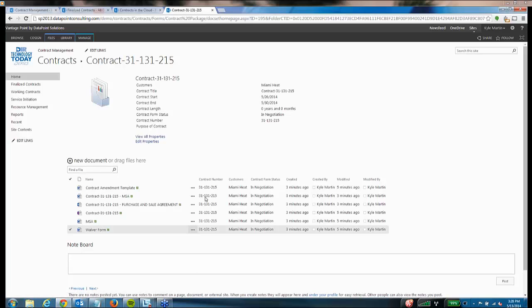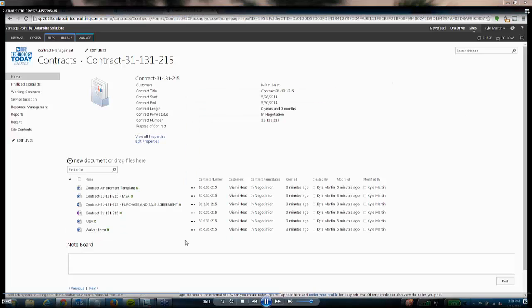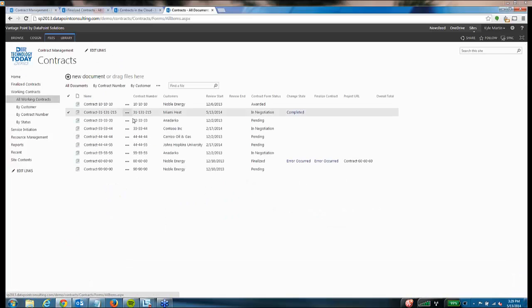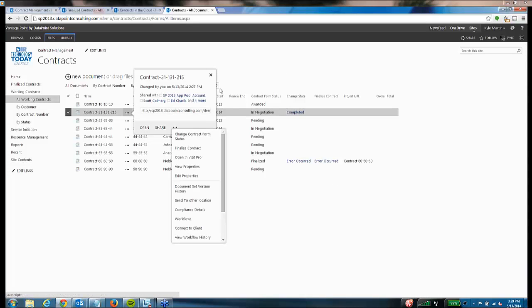Okay, so now let's say that this contract has gone through its negotiation stages. You've collected the required signatures, and this contract has been awarded. It's been finalized. So projects will kick off and work will start to be completed. So let's go ahead and move this to